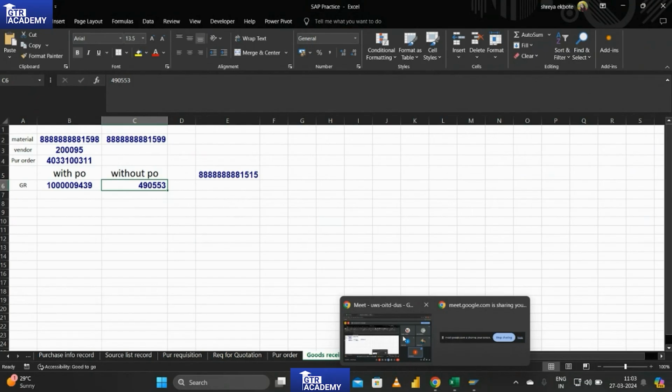Sukanya, have you tried without PO? Have you created the GR? Yes, ma'am. I have created the GR. There I am getting that message. If I select the display, there I am getting the quantity and the details. But when I want to change anything,